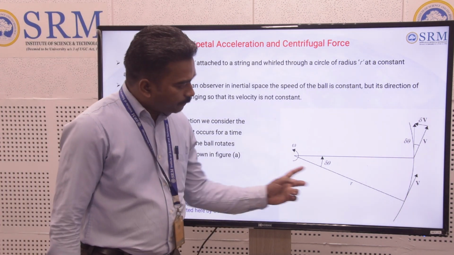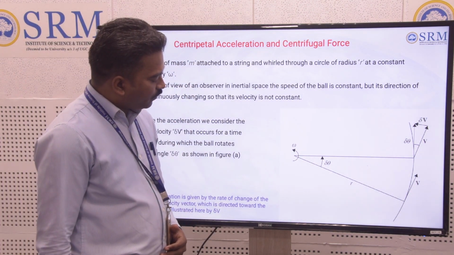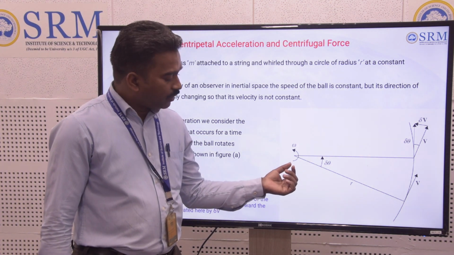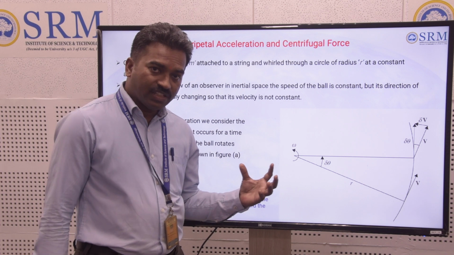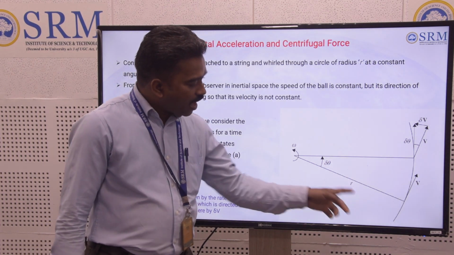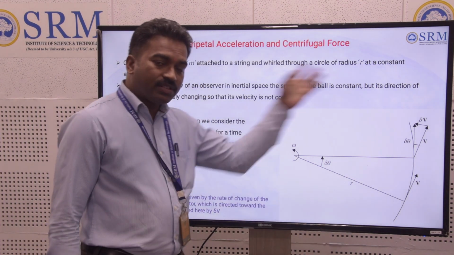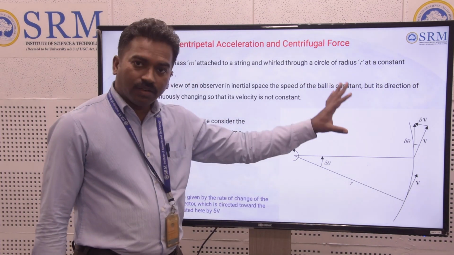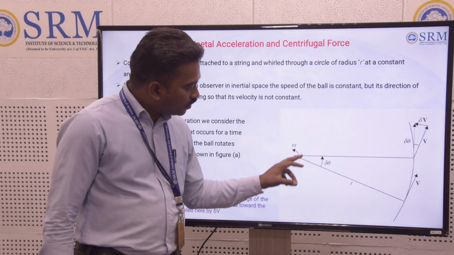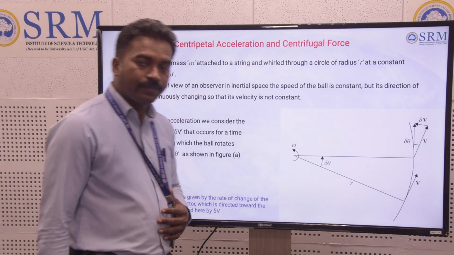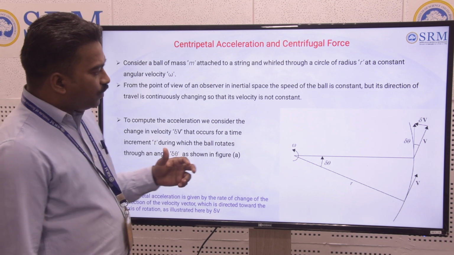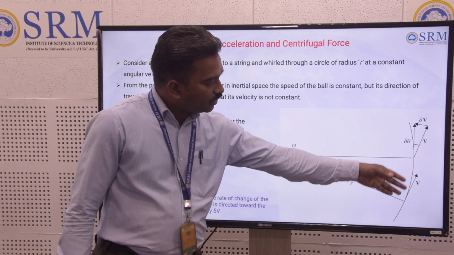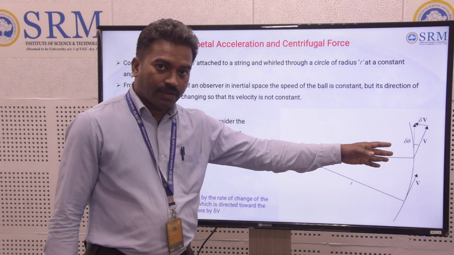If you notice this diagram, it is assumed that a ball of mass m is attached to a string and made to whirl through a circle of radius r. When it is whirled through a circle of radius r, it is with a constant angular velocity omega. From the point of view of the observer, the ball will be moving with a constant speed, but the direction is changing,